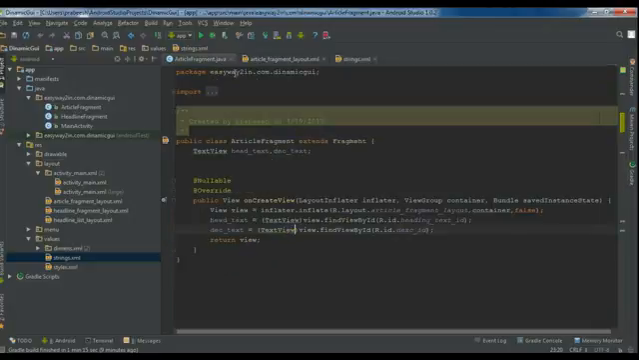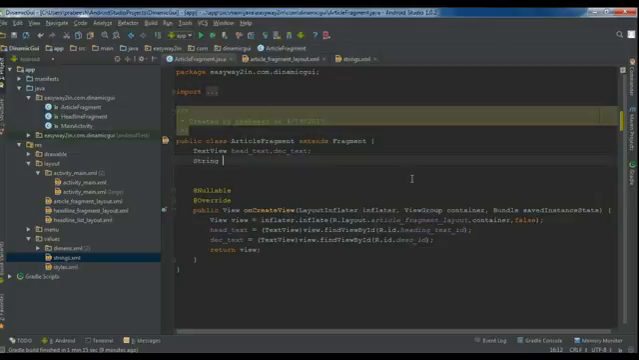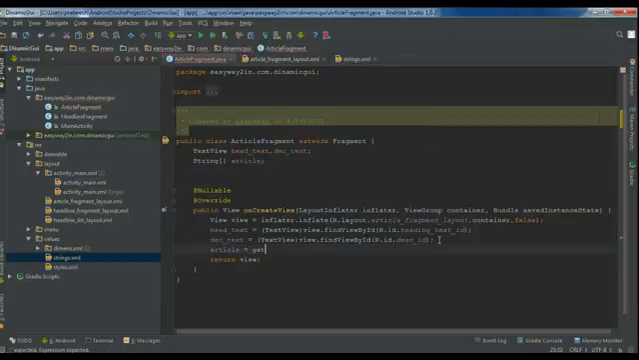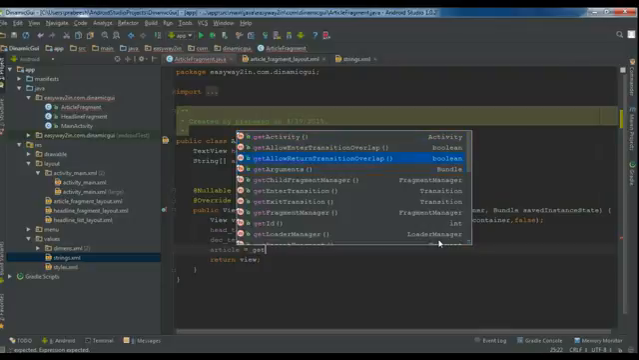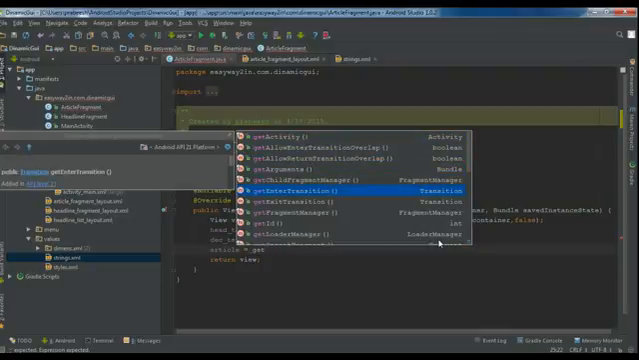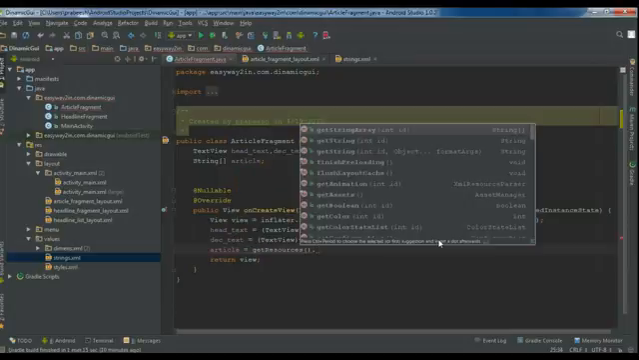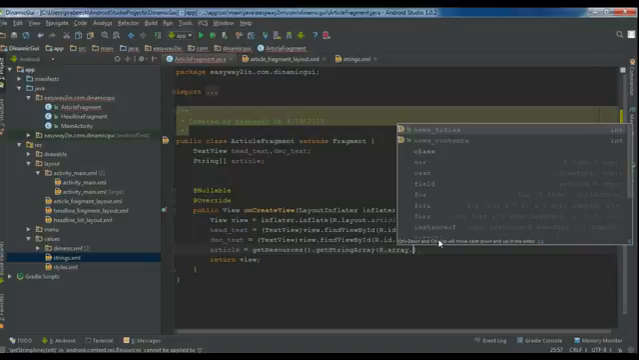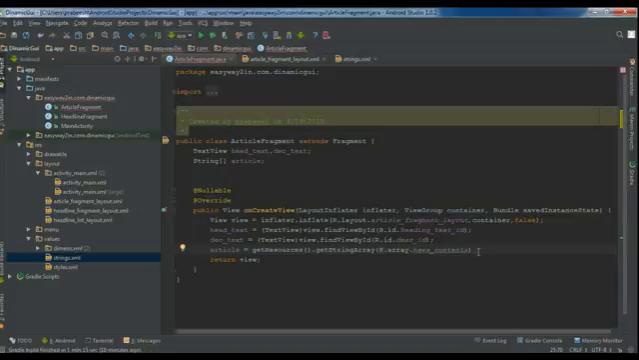Okay, so we have to create a string. So string array article. Now get the value from the strings.xml file. So article equal to get resources dot get string array, R dot array dot news contents. Okay,